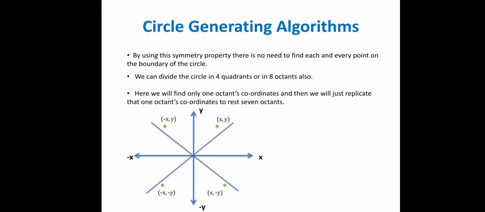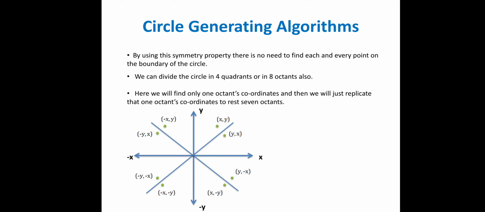Now, this point should be replicated in all the octants. So, how are we replicating? You can see that I am replicating this point over here. What will be the coordinates of this point? We just have to swap the coordinates and it will become y comma x, right. So, y will be first and then x after the y. This is the replication of x and y as y comma x. Same here, you can replicate this point as minus y comma x, then the next point as minus y, minus x, and the next will be y, minus x.